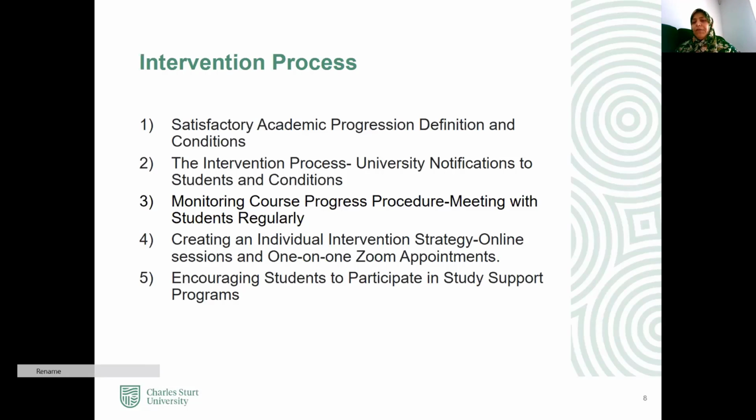If they fail 50% of the study load, let's say 2 subjects out of 4 subjects, they were immediately notified by the university and told, you will have to meet with the academic advisor or the intervention coordinator, that's me, to tell her what happened, why, and how you can